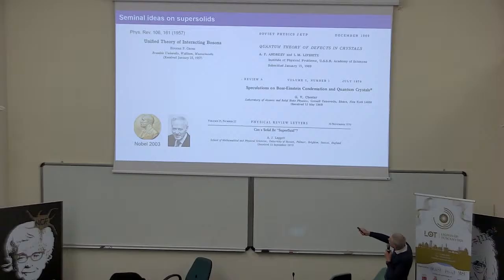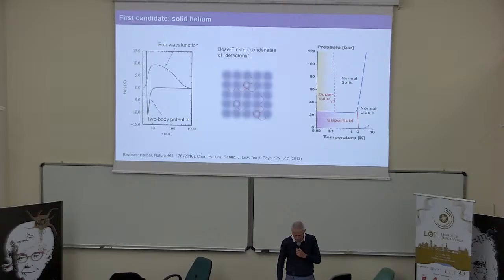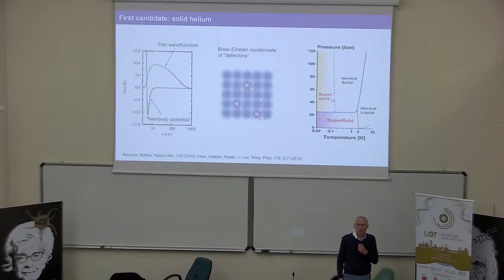One notable example is Anthony Leggett, who unfortunately passed away recently, who is one of the giants in the theory of superfluids. And so the idea was, well, can one find this material which has both the properties of a crystal and of a superfluid? And for many decades, the international community was studying the